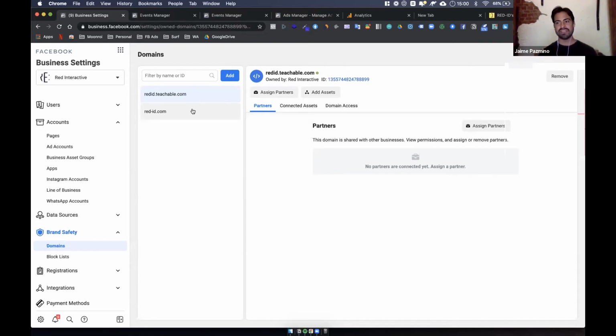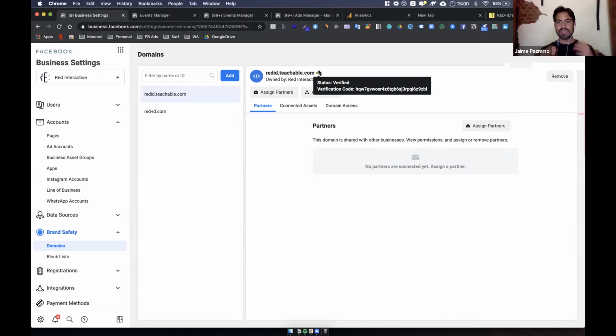But then Ram came and said, no, I don't like this approach. I'm going to find my own approach. And it worked incredibly. Not even the biggest marketers I have heard of made this approach work, but we did it. After back and forth overnight, we made this happen. And what we did, as you can see here, is that we created a subdomain, right? So it's still redid.teachable.com. And by creating this subdomain, it allowed us to verify it. As you can see, it's green, so the status is verified. This allowed us to verify a Teachable domain by adding a subdomain.